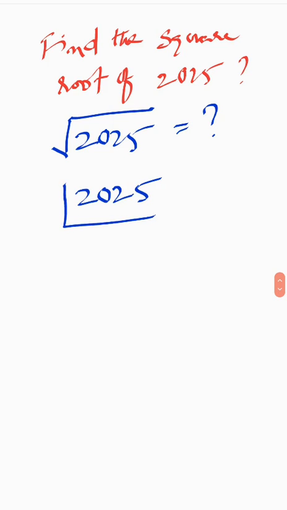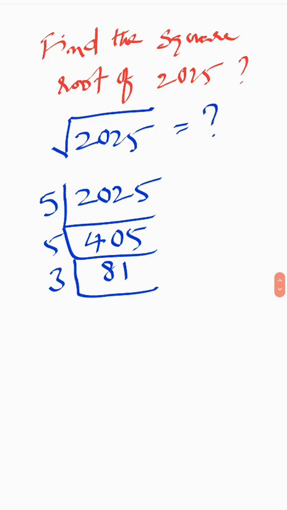Then take first 5. 5 is a prime number. All prime numbers we have to take as divisors. So with 5 if I divide, 5 fours are 20 and 5 fives are 25. And then again I'll take 5. So 5 eights are 40 and 5 ones are 5, and here I can't take 9 because 9 is not a prime number, so I'll take 3. 3 twos are 6 and 3 sixes, it becomes 21. So 3 sevens are